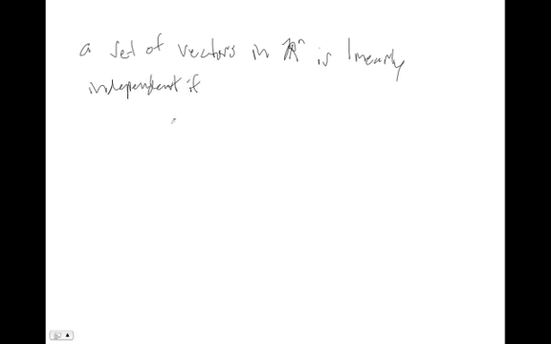So we say a set of vectors in this space, Rn, is linearly independent if, I should say if for some alpha 1 times x1 plus alpha 2 times x2 all the way, I'm going to add that up to alpha m times xm